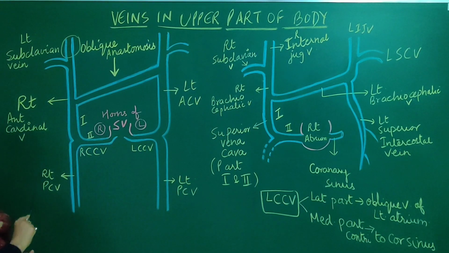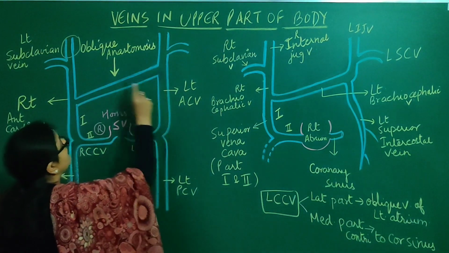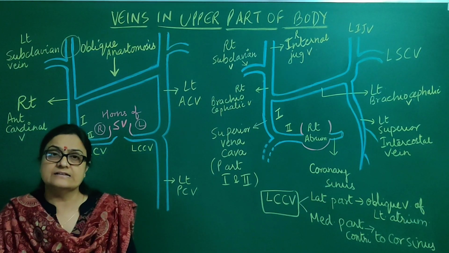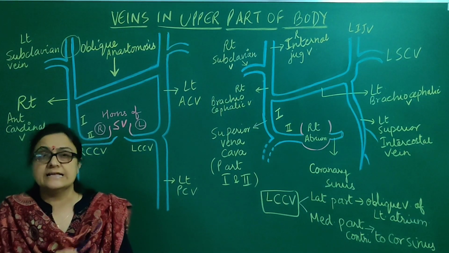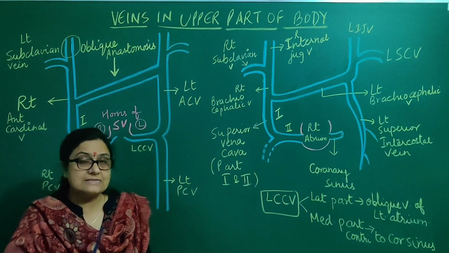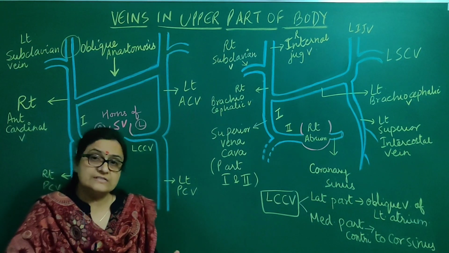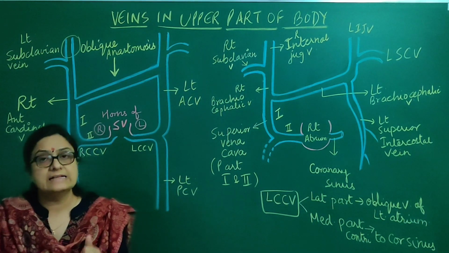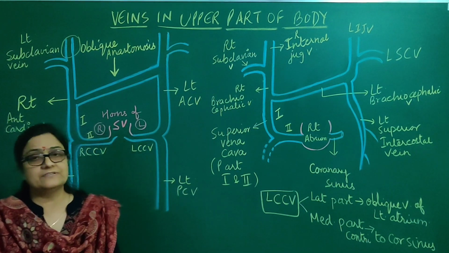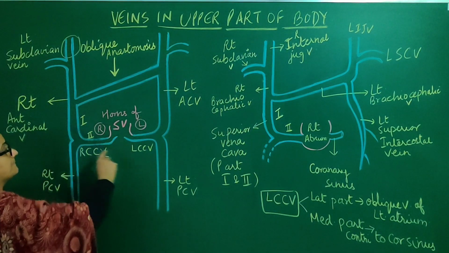It is nothing but one of the intersegmental veins from the developing limb buds. Now another thing that will happen in the anterior cardinal veins is the development of an oblique anastomosis between the two anterior cardinal veins of the left side and the right side. They will get connected by an oblique anastomosis. So these two things are occurring in the two anterior cardinal veins. First, the joining of the subclavian vein, and second, the development of the oblique anastomosis. Now let us derive the veins of the upper part of the body from this entire area.